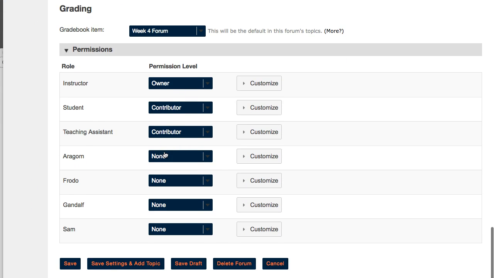And what we want to do at the forum level is set the student permission level to none. I know that sounds a little contradictory. Why would you set it to none? That means students won't have any. But the way that permission sets work here is that if the student is actually still a member of